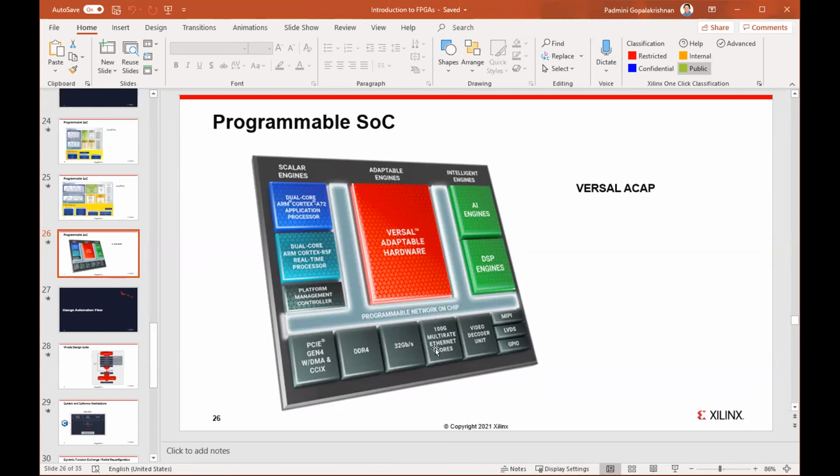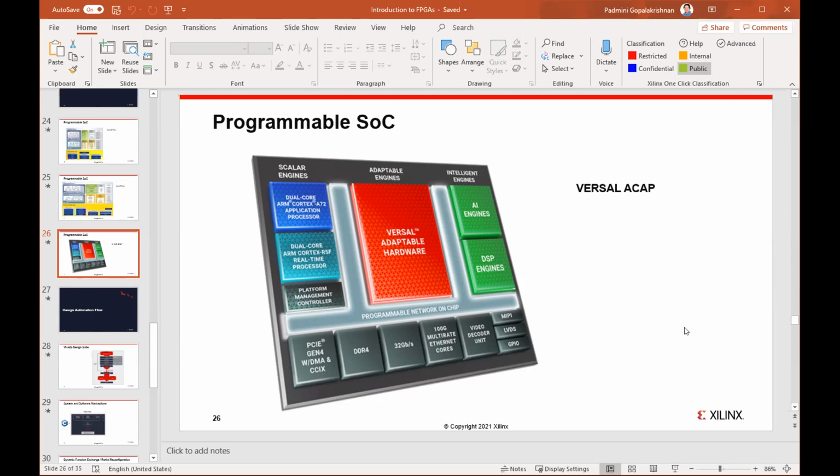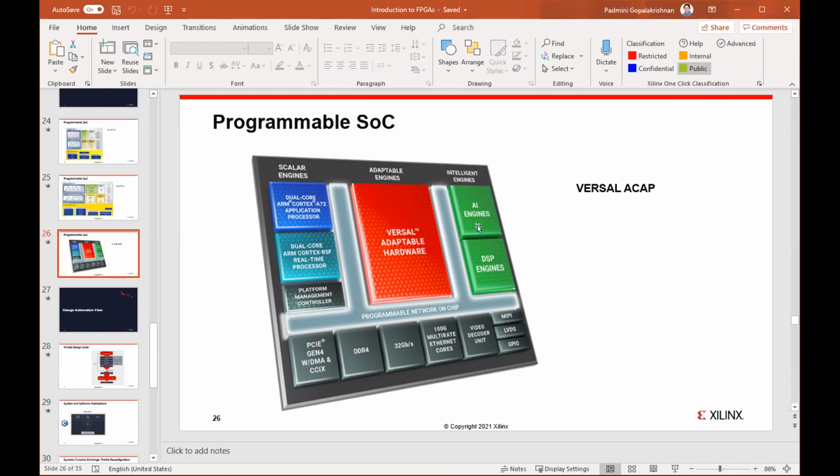Correct. But that AI engine on the right is an ASIC flow based hardening, right? It's not a configurable thing. It's just that the number of VLIW processors will vary from part to part. Correct. If you look at the Versal family product data sheet, which is available on the website, you'll see that each one talks about how many AI engines are available. So it refers to the number of cores, just like how many DSPs you would have on the FPGA. Correct. It is the same thing.